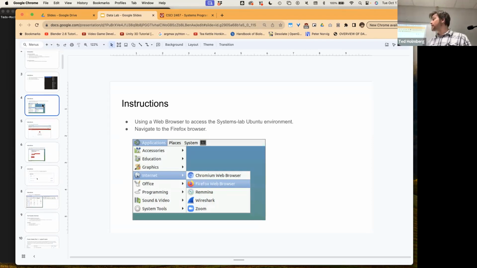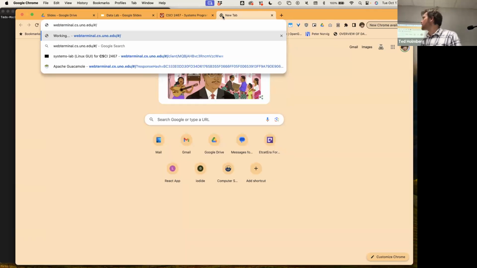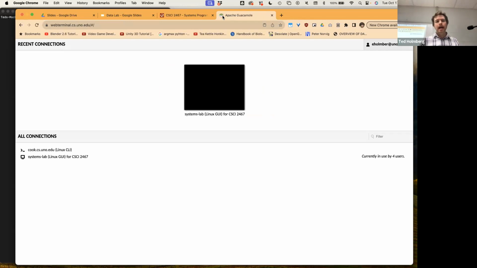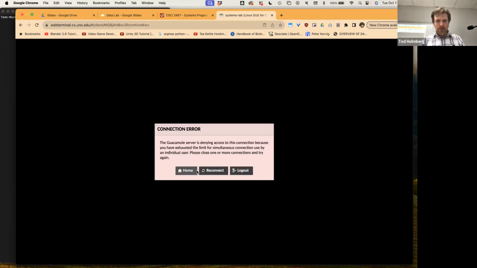And then in order to start on this lab in particular, once we've logged into our web terminal, and everyone's done that, right? I would hope at this point, everyone's learned how to do that. And so if you go to web terminal, right, .cs.uno.edu, and if you go to that, it should give you the option here to be able to go to the systems lab. When you launch into that,